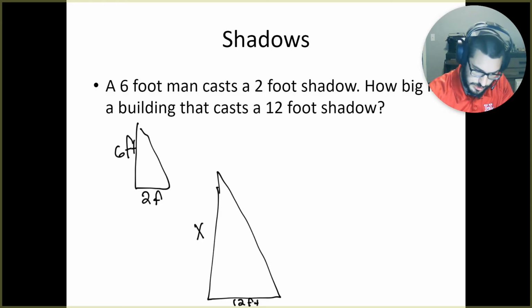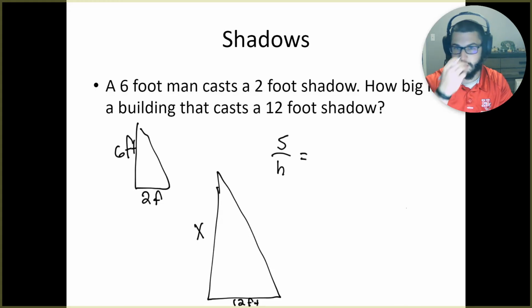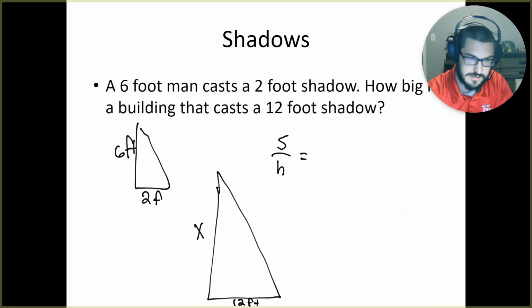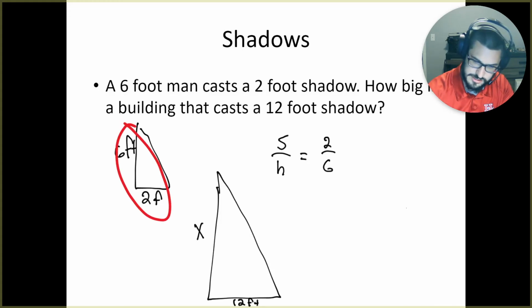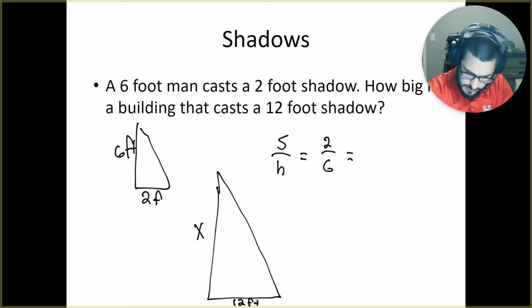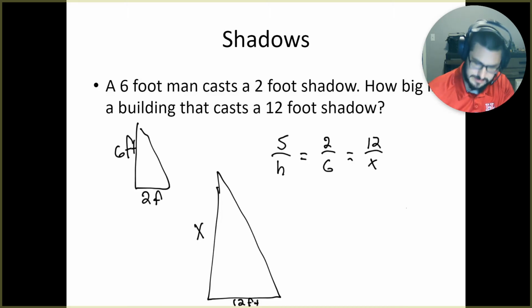And then what you can do is you can do the shadow over the height. And that's how I'm structuring this ratio. So 2 over 6 for my first triangle equals, again, I'm doing shadow over height. So shadow is 12 over my height of x. Then,